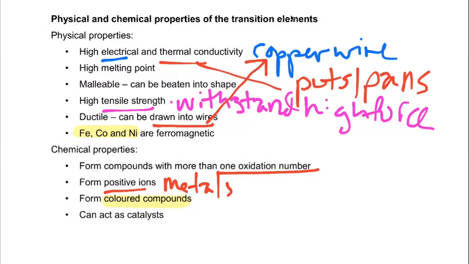And then another thing that we will get more into next week is they can act as catalysts. Catalysts are substances that speed up a chemical reaction. They make it go faster. A lot of times we can use some of these transition elements as catalysts. So they're not part of the chemical reaction, but when you add this substance into the mixture where your reaction is happening, it speeds it up and makes that reaction go faster,